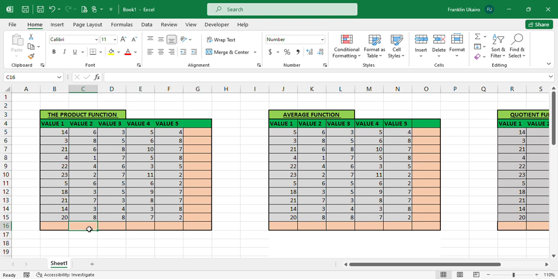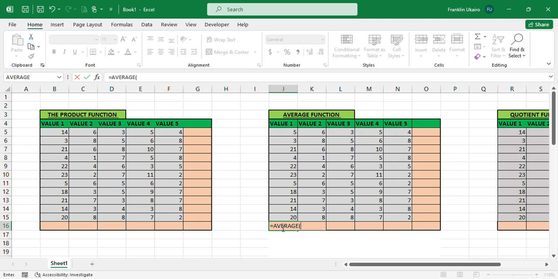Let's look at the next function, which is the average function. And of course, the average function is used to get the average of a set of numbers. So let's go right ahead and get this one. Let's also use the value 1 colon. As we already stated, you start with the equal symbol. You type out the function average. You select using the